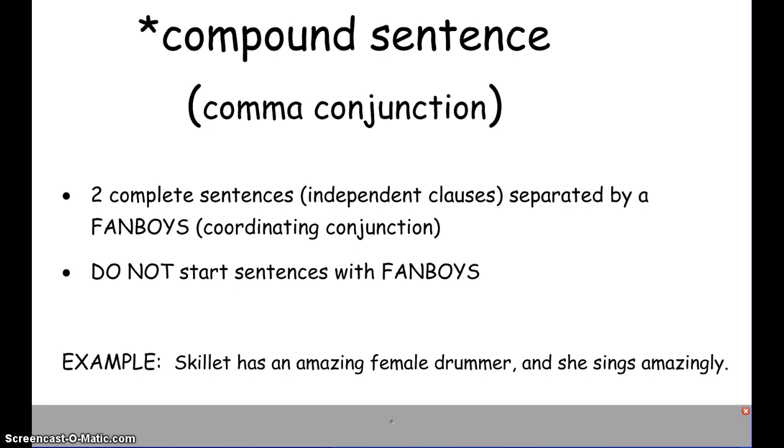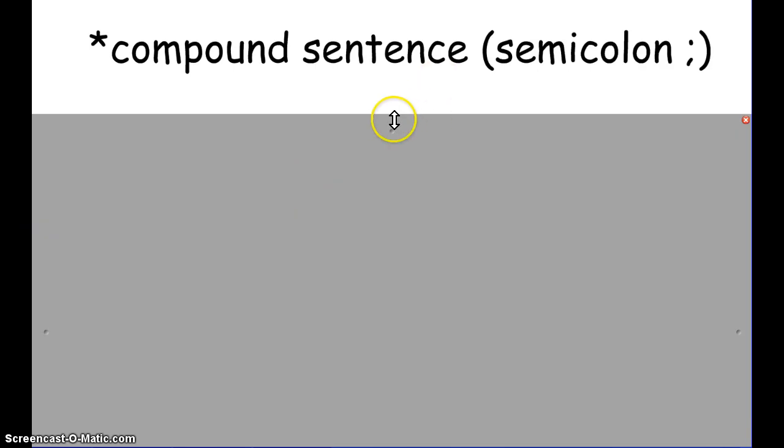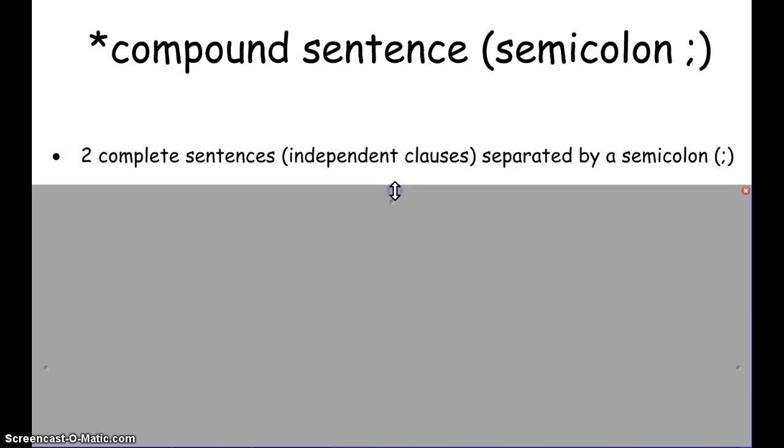Okay, which then brings us to a compound sentence with a semicolon. Again, we're looking for two complete sentences. The only difference is, instead of using a comma and a fanboy, all you have to do is put a semicolon. And the biggest mistake I'm seeing in your writing right now, you're doing a great job of applying these semicolons, is that you're still trying to put that and after it, or the but, or the or, and you don't need to. Not only do you not need to, you just cannot. So don't put a comma, a fanboy, or a conjunction with a semicolon. It actually makes it a lot easier for you to write these if you don't.